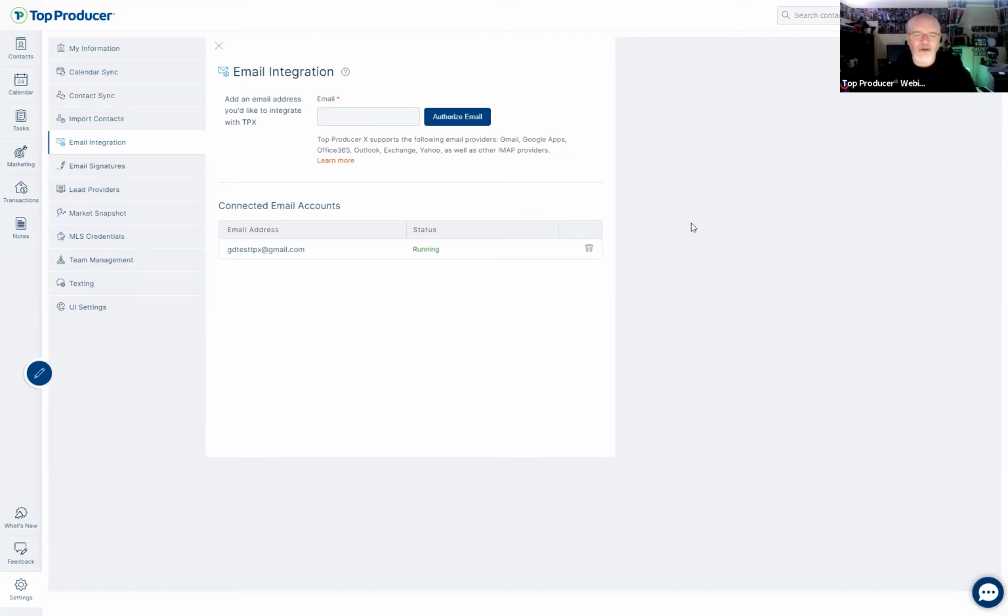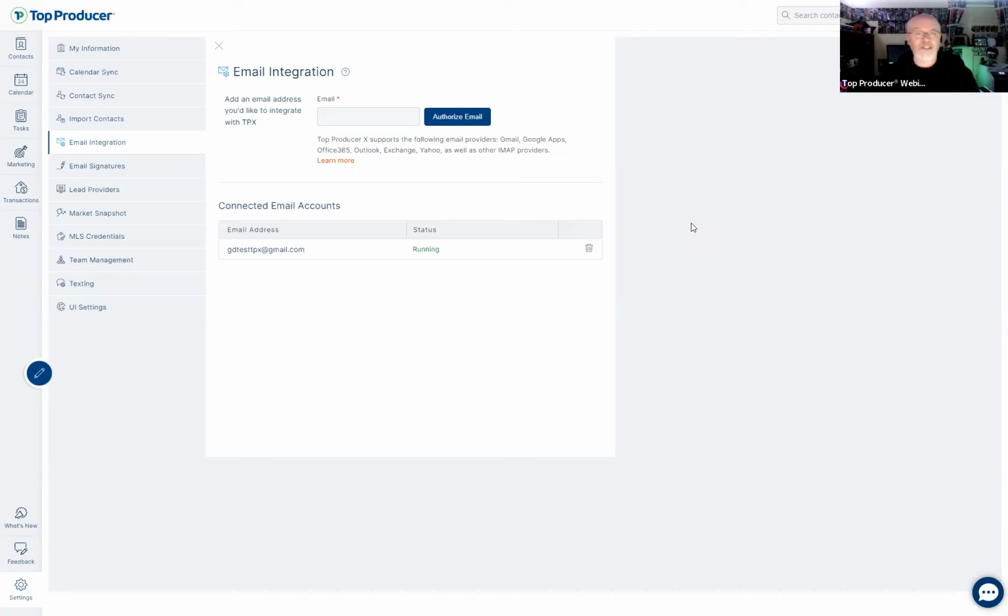If I send an email out, it will actually say it's coming from that email address. It's not even going to say coming from Top Producer on behalf of. It will just send it. It will go out through your email provider. It will go to your client. You'll be able to check if they've received, read, or just left it in the inbox. When they reply, it will come back to your main inbox and then be mirrored in Top Producer X on the contact record.